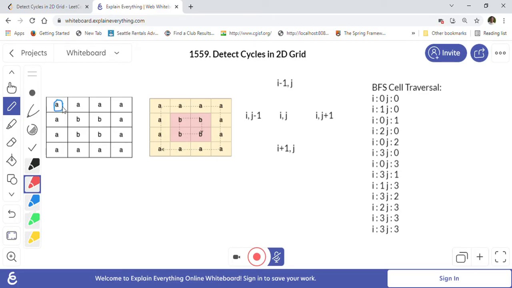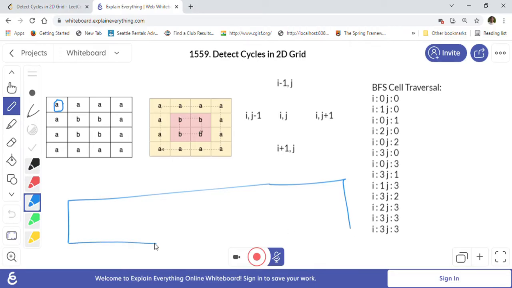So let me just backtrack this thing. So let us, for example, try to do a BFS, right? So let's say that this is the queue that we have. Let's just draw one sample queue, and the queue will hold the ijth position, right? And it will also hold the parent of the ijth position, right?